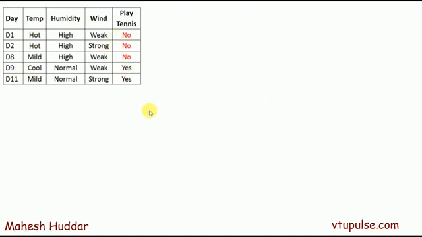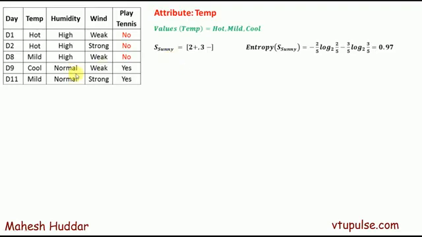Again, we need to calculate the gain of all 3 attributes, and then we need to build the tree. So I will consider the first attribute, that is temperature. In this case, the values of temperature are hot, mild and cool, and the entropy of this particular data set, that is 5 examples. How did we get these particular 5 examples? Whenever we have Outlook equivalent to sunny.